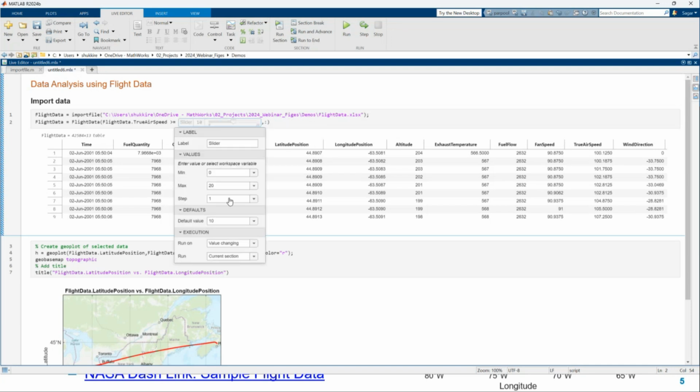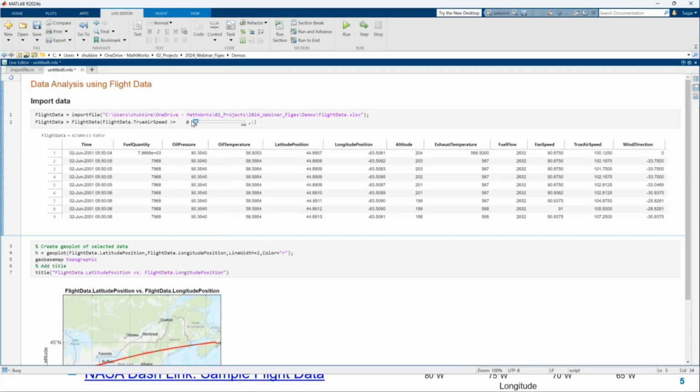So let's say the minimum value is 0. I put a max value of true airspeed of 400 with a step of 10. Whenever I click, it will change, and not only this section, but let's say I want to change all sections after changing the value. So if I go to 0,